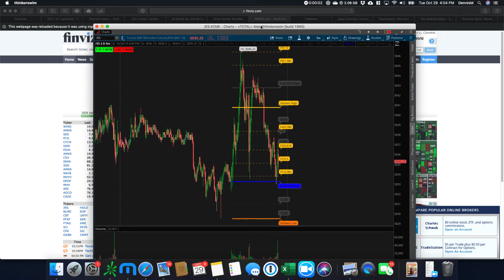Today is Tuesday, October the 29th, and we see this imbalance here in the advancers and the decliners. NASDAQ is on the declining side, and the New York Stock Exchange listed stocks are on the positive side. So that means when you have a green and a red, you're going to see chop because the market can't make up its mind. And what we saw today was we reached 1.5 on the Fibonacci of the Globex low